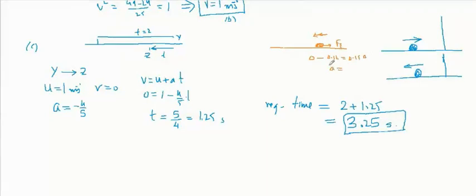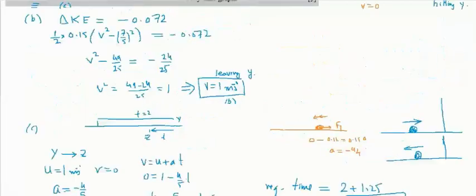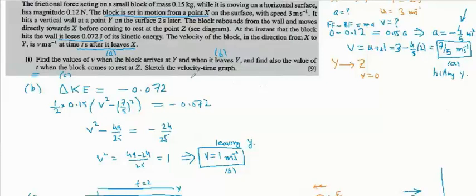So basically remember, to save your time in the exam, if they are asking the same surface and same object, the friction will be the same if they don't change any other thing. So this will be minus 4 over 5. So we are taking the same deceleration. So this is part C, and then the last part of this question is that we have to sketch the